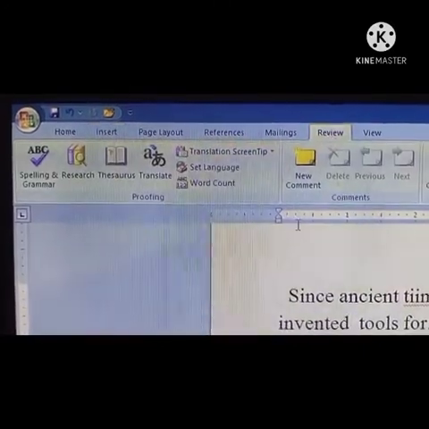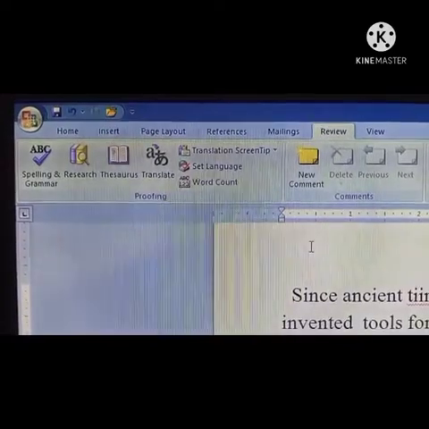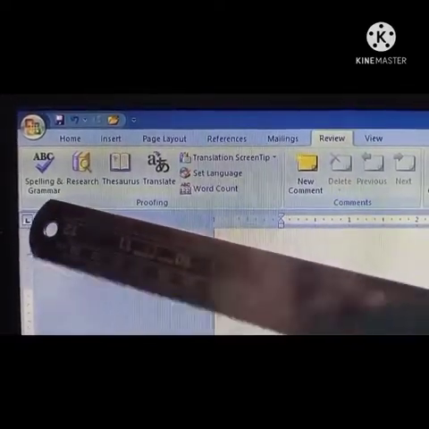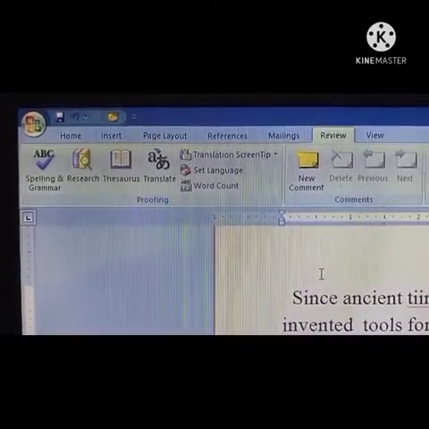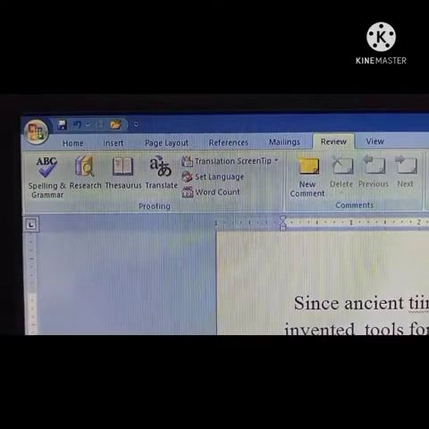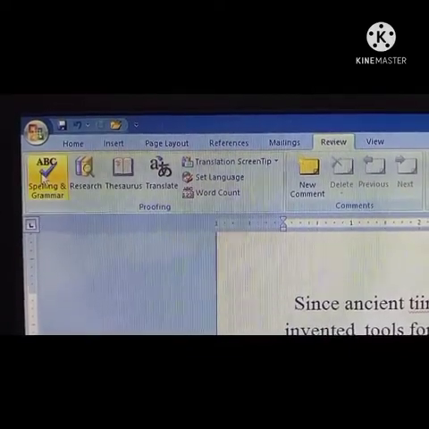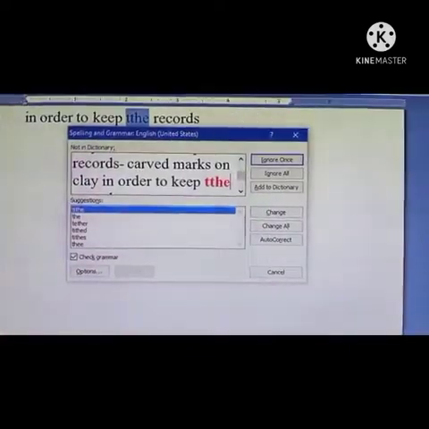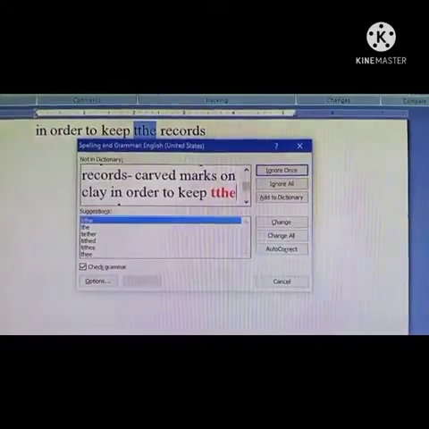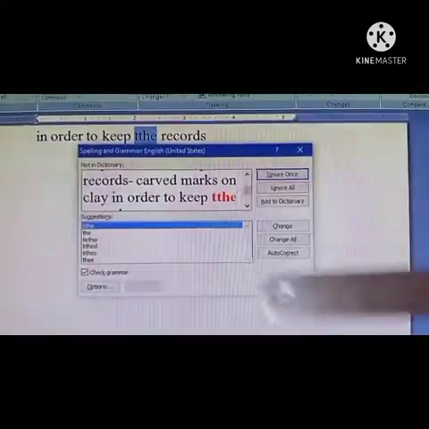After clicking it children, an option comes, spelling and grammar. Then we have to click on spelling and grammar. Bring the mouse pointer here, click it here. The first spelling or grammar mistake will be selected and displayed in the dialog box. Children, this is your dialog box.